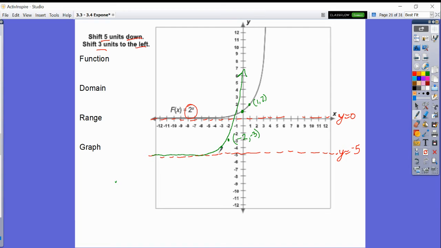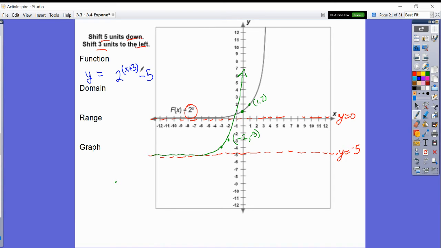All right, what is this equation then? So I have a new graph. What is it? Well, it's f of x, or y equals, it's not 2 to the x anymore, but it is 2 to something. But what did I do to it? I moved it down 5. Well, down 5 means on the end I'm going to subtract 5. And 3 left. So up here, how do you move left? Left is